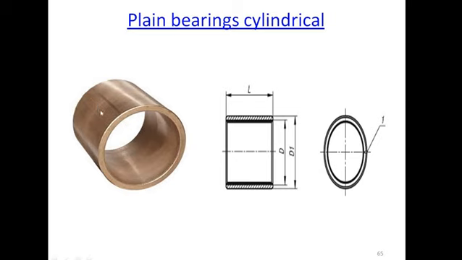This is the part of a bearing, the plain bearing part, and this is the general drawing layout of a plain bearing element. Here you will see this is the length, this is the diameter D, the inside diameter, and D1 is the outside diameter. The ratio of length, inner diameter, and outside diameter can be changed according to requirement, according to the sizes of the shaft.